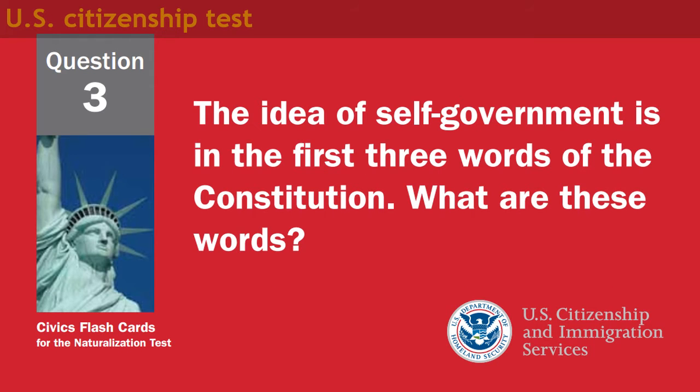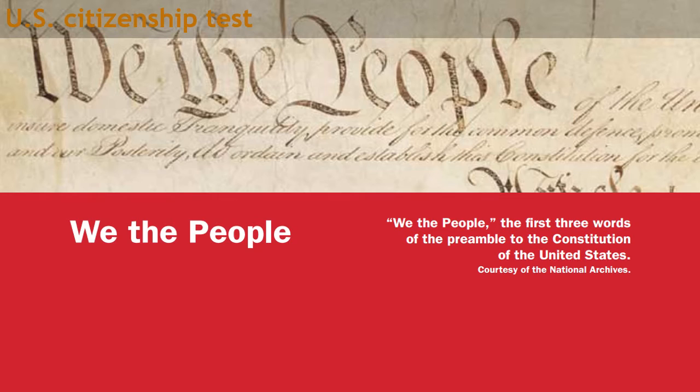Question 3. The idea of self-government is in the first 3 words of the Constitution. What are these words? Answer: we the people. The Constitution says, "We the people of the United States, in order to form a more